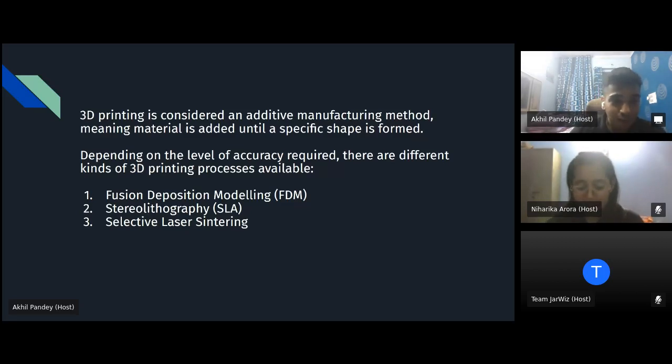Yeah, so I'll take over on what 3D printing is, considered as an additive manufacturing method. Firstly, let's simply discuss what 3D printing is. It is just printing in 3 dimensions. 3D printing is considered an additive manufacturing method, meaning material is added until a specific shape is